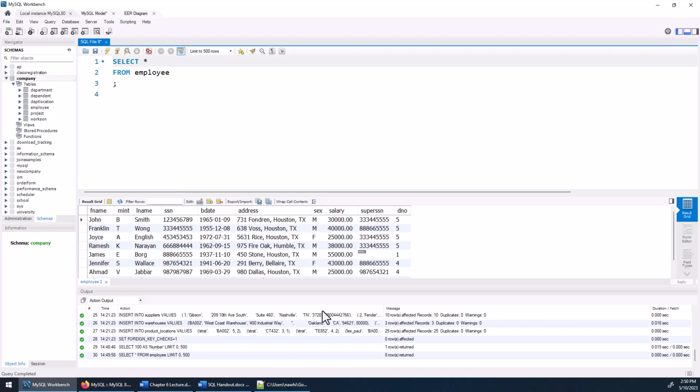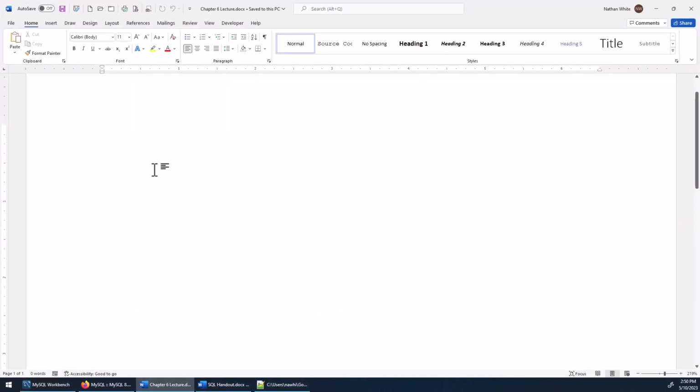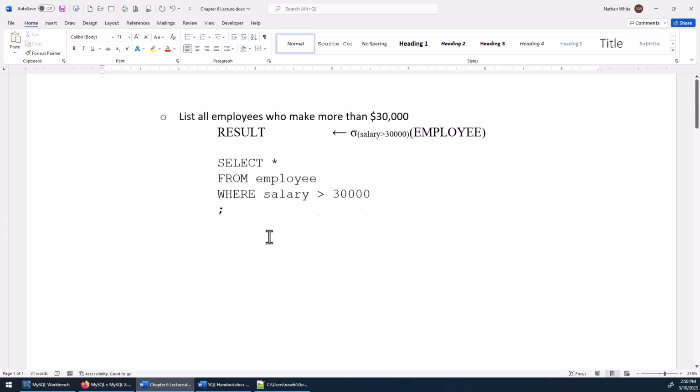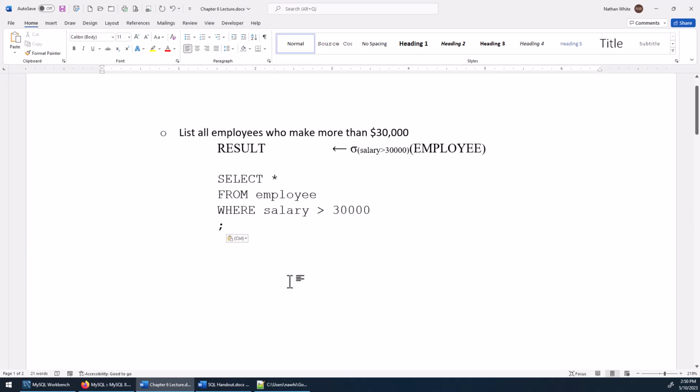Okay, let's look at another statement here. We want to list all employees who make more than 30,000. Here we go. This would be the relational algebra: salary greater than 30,000, and we select star because